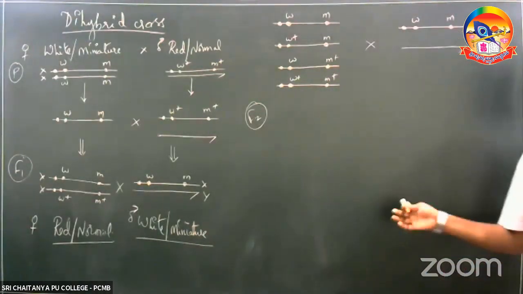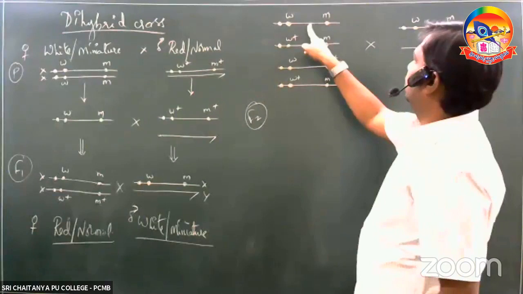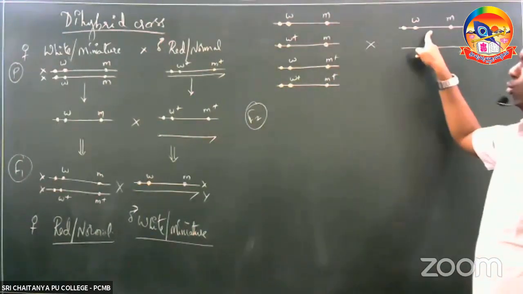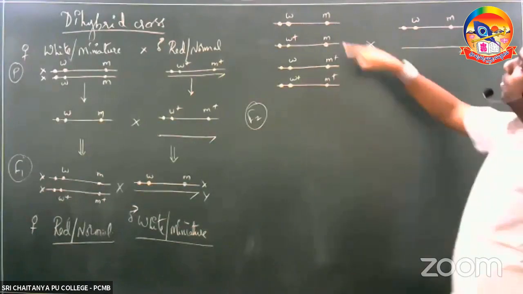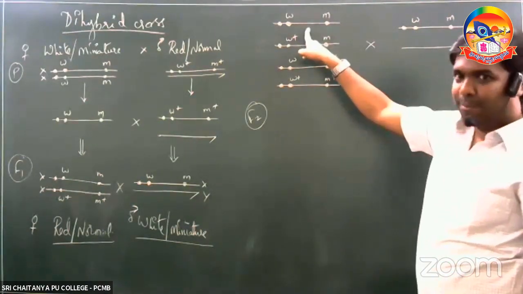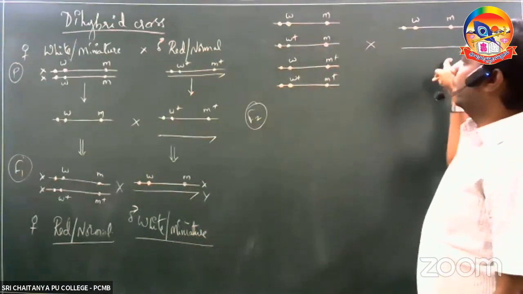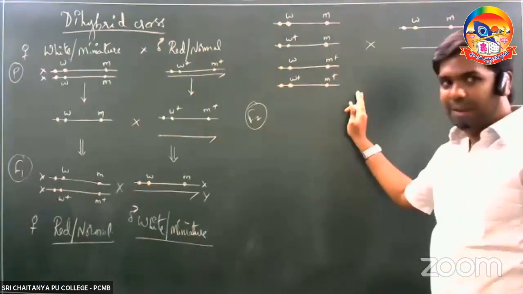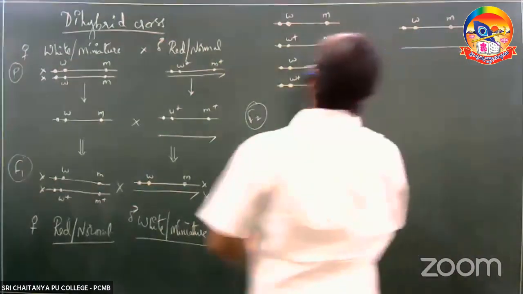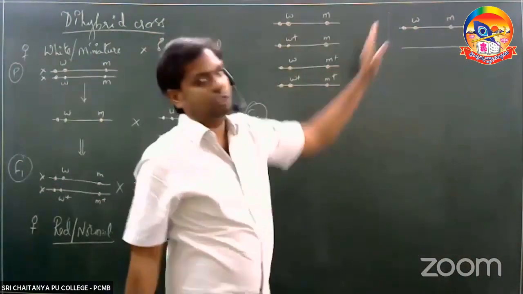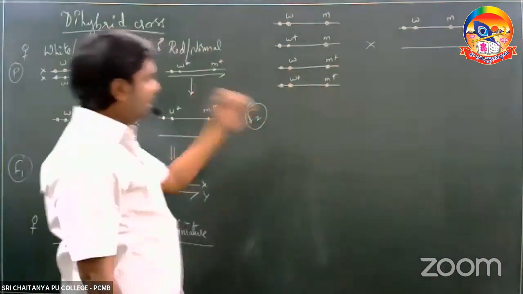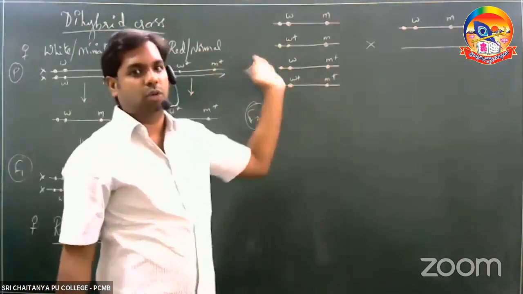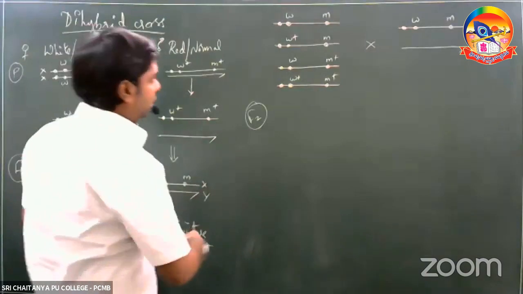So what happens in the F2 generation? Again, the same thing. The X chromosome of the female gamete fuses with the X chromosome of the male gamete. Similarly, this X chromosome of the female gamete would again fuse with the Y chromosome. A similar case is seen with all of the 4 female gametes. So all these 4 female gametes would fuse with these 2 male gametes. Let us quickly see what offspring or genotypes are obtained as a result of these crosses, just like what we have seen in the previous cross.